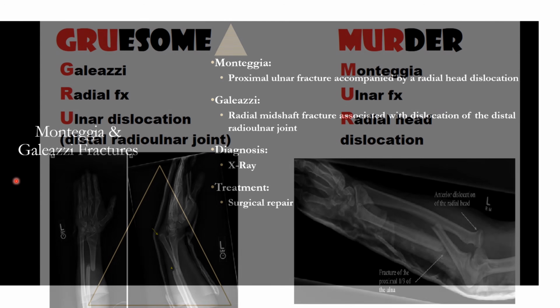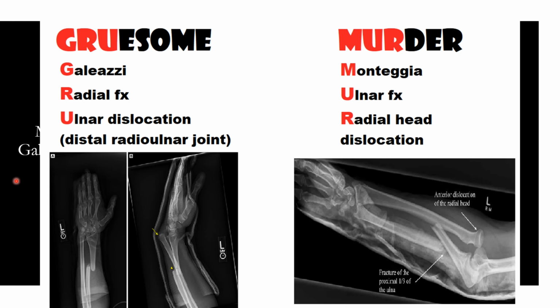So the way that you remember that is by remembering gruesome murder. So gruesome murder is you're going to look at the first three letters of each, and that's going to tell you what's fractured first and then what's dislocated second. So gruesome stands for, the G stands for Galeazzi, the R stands for radial fracture, and the U stands for ulnar dislocation. Now, yes, I know I said distal radial ulnar joint is what's dislocated in a Galeazzi, but most